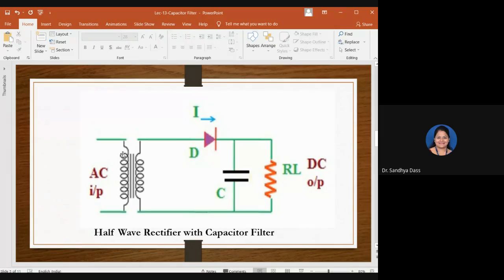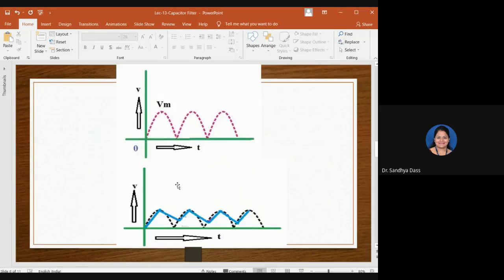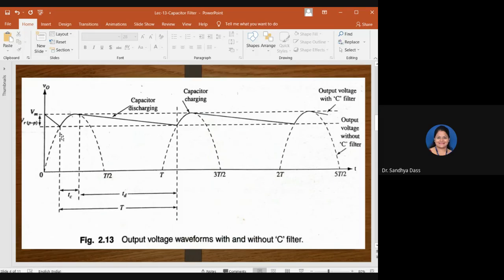The diode to which the secondary of the supply is connected has a continuously varying input, isn't it? It is a sinusoidal input. So the diode, which is forward biased, acts as a closed circuit here, and that will make the capacitor charge. The output from the diode is what you observe here, these cycles, the dotted line, where you get output only in the positive cycle, right?